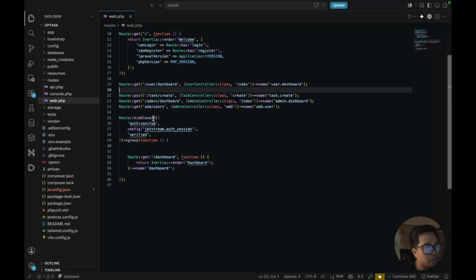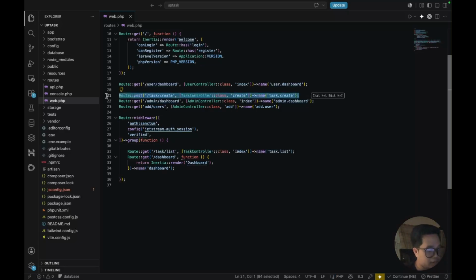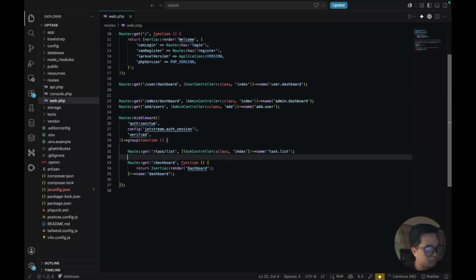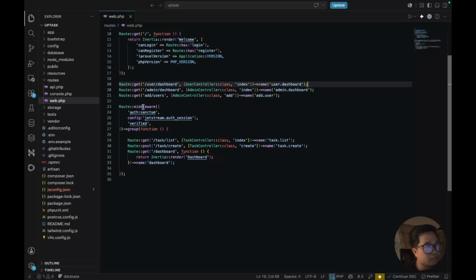So in this case, Tailwind is built in this project. If you install Inertia, Laravel, and Vue.js, the Tailwind is built in. So it's already there. So what you're gonna do is study the Tailwind, go to